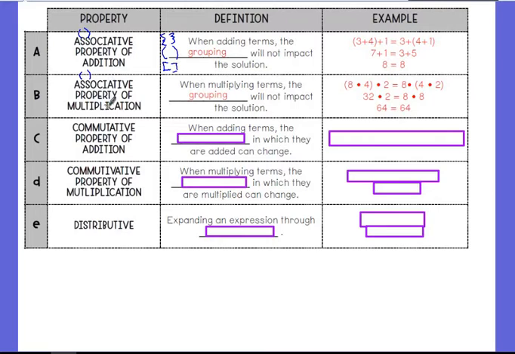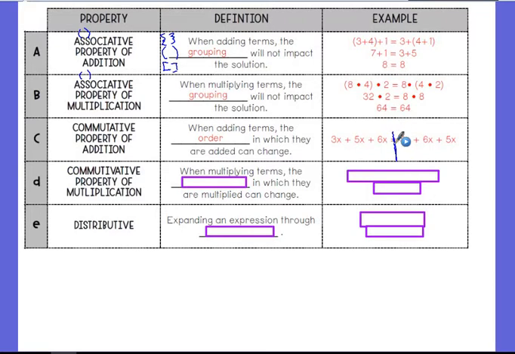Next up is commutative property of addition. Commutative property is when you're adding terms, the order in which they are added can be changed. If everything is straight addition, it doesn't matter what order you add them in. You can add them in any old order. So an example of that,